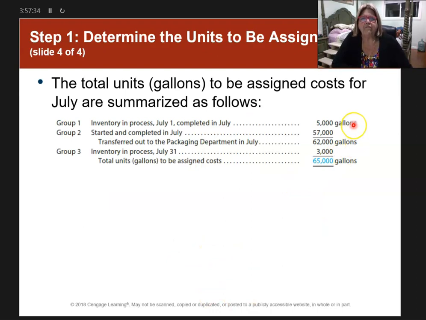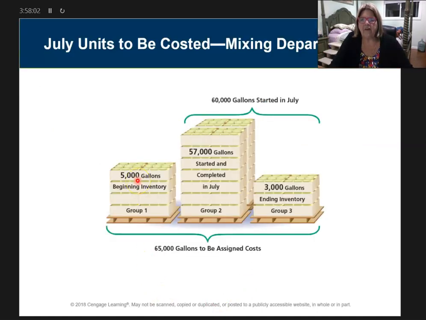Let's start. So I had 5,000 in there to begin with. Started and completed was 57. Okay, and so completed was 57. Transferred out to the packaging department was 62,000 gallons because I had a total of 65,000 gallons. So here's what I do know. Let's back it up. If I had the 5,000 in there,